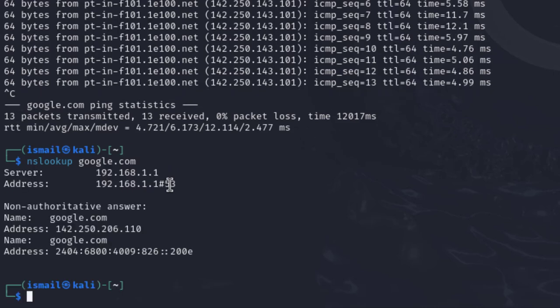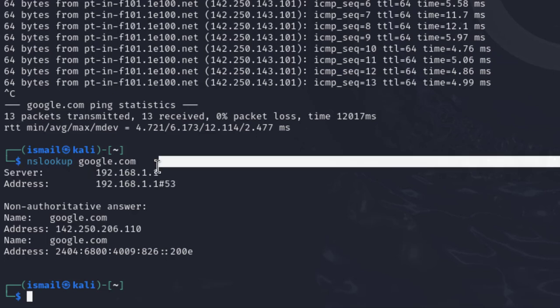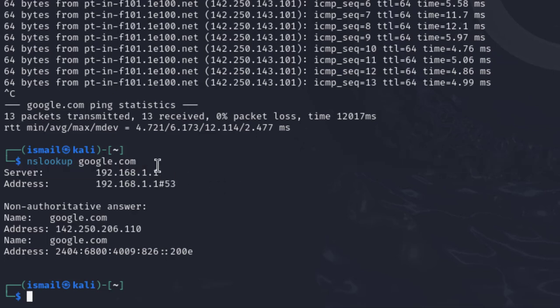So let us enter. This is the output we are getting. This server, 192.168.1.1, is the server to which we are sending the query. We are the client and this particular server will actually resolve the query. After getting the output, this is a non-authoritative answer. It means that Google is not directly answering it. We are getting this answer from some cached information. So the name is google.com and this is the IP address